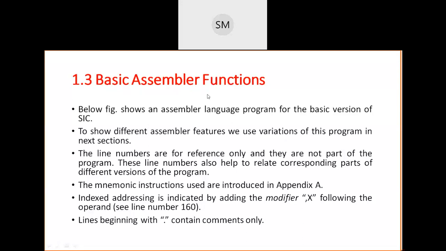Rutuja Patil, Yes, sir. Sakshi, Yes, sir. Shubham, Yes, sir.